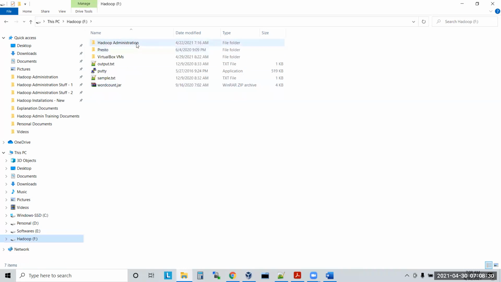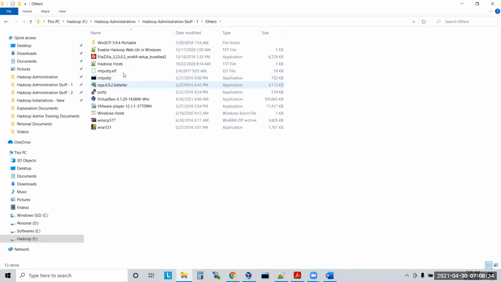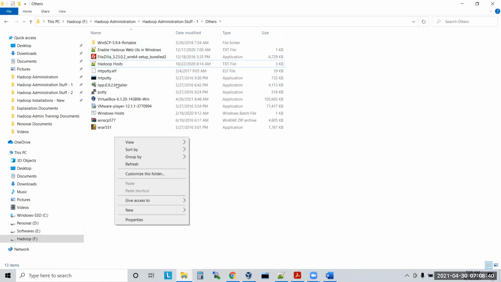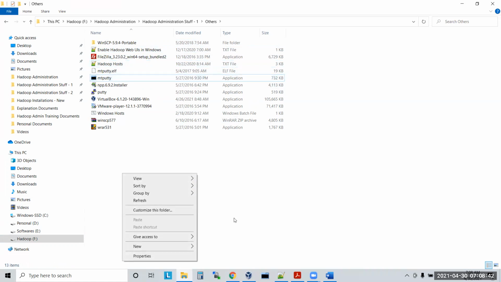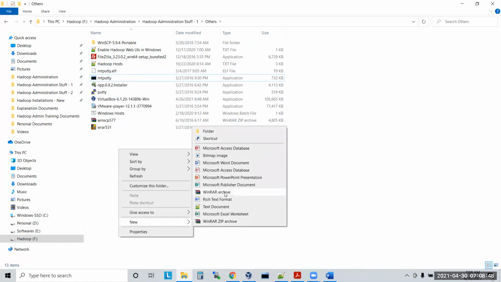How to download multi-tab putty? You can download it actually. I'll put a document here.